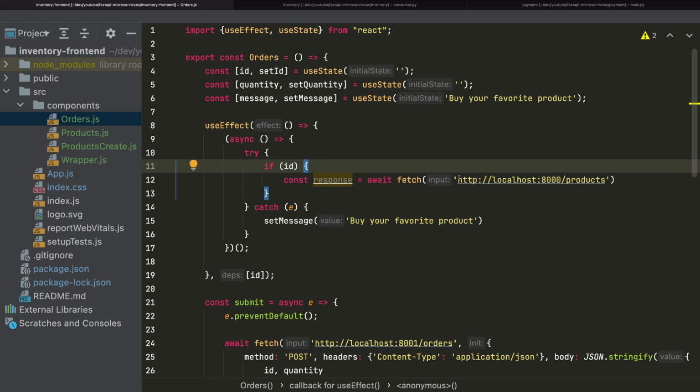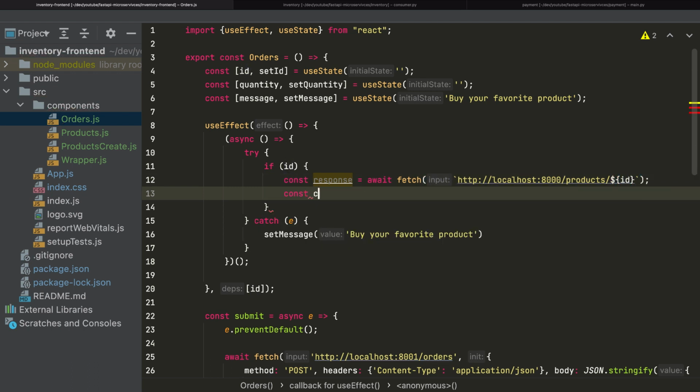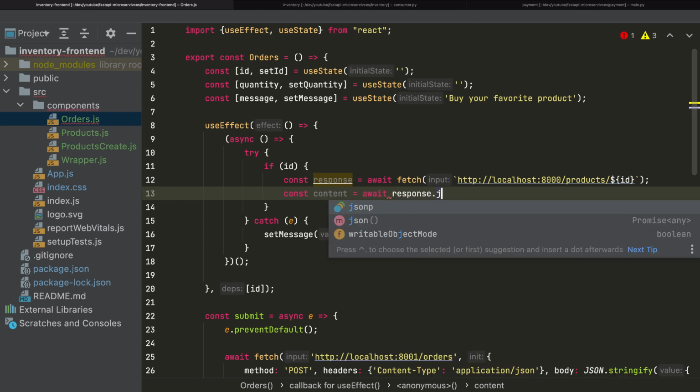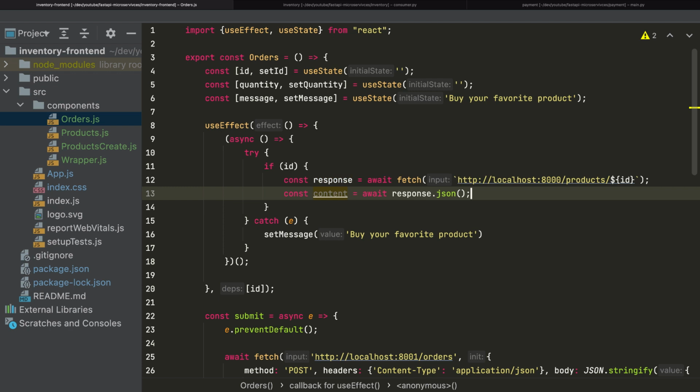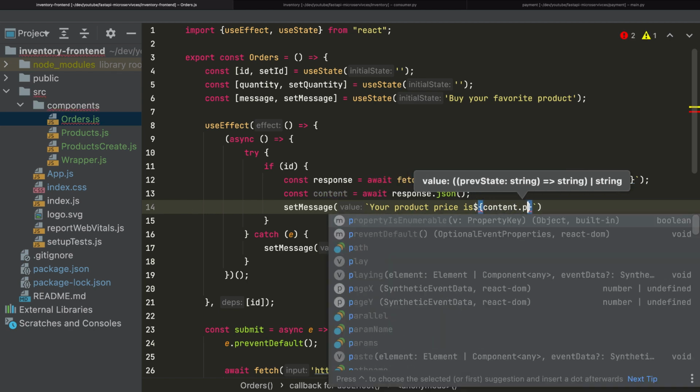So I'll change the quotes here, because we need to use these quotes, because I will pass the ID of the product here. We'll get the content, which is equal to await response JSON, and we will set the message to your product price is in dollars, and I'll put here the value content.price,